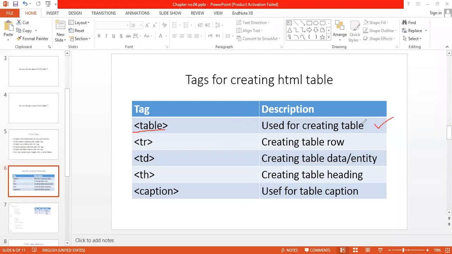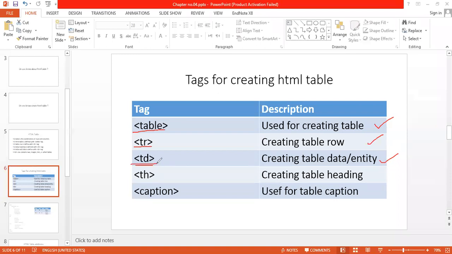Which table? HTML table. When we use tr, it means table row. By using tr we can create the table row. Then we have td. If you want to create a table column, a table entity, a table field, you can use the td tag.